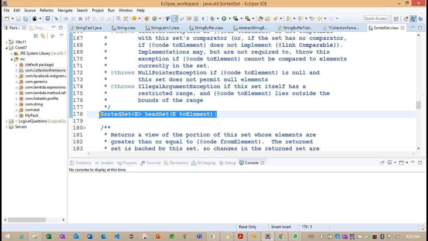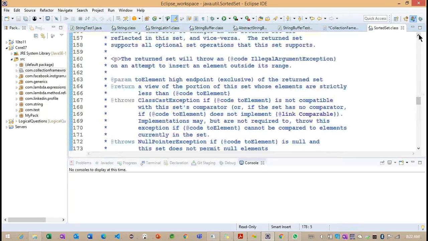When we discuss this sorted set, each method has a different condition. Observe the condition here.